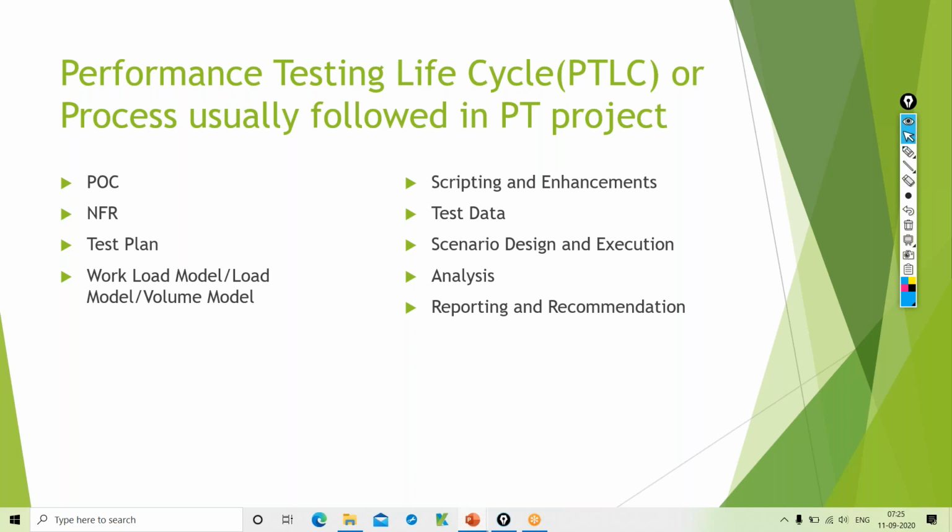We have to get all these details and get it approved by the client or the project team, in fact all the stakeholders. So all these details will go into a non-functional requirements document.